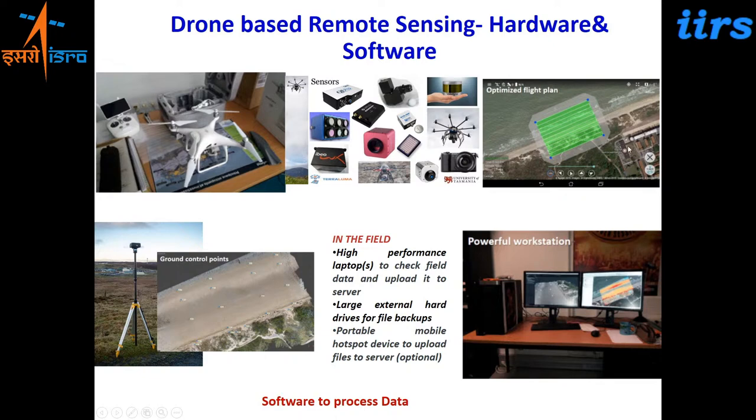Nowadays, some of the drones are also equipped with high-quality differential GPS on board, in which case you do not need to collect GCPs on the ground. It gives you directly georeferenced images from the collection itself. But then the weight and the cost of these drones are on a higher side, right?